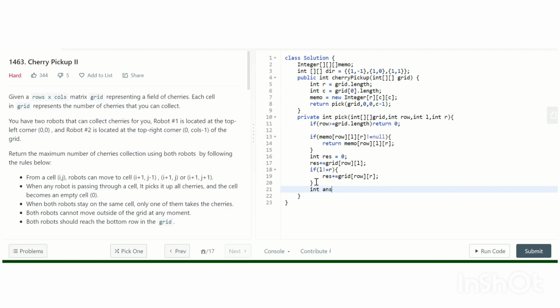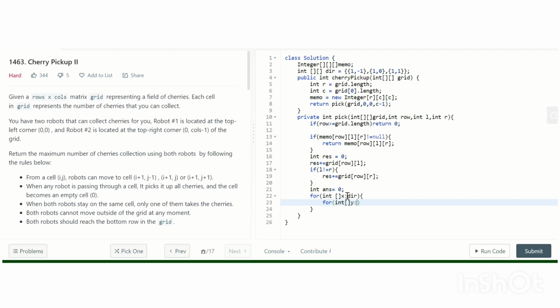For each direction, we have to move into all the directions actually.